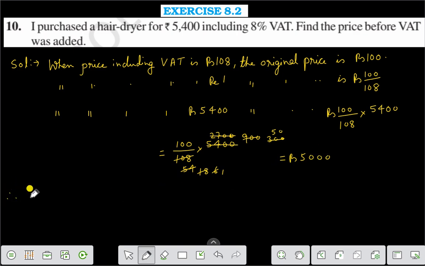Therefore, the price before VAT is rupees 5000,